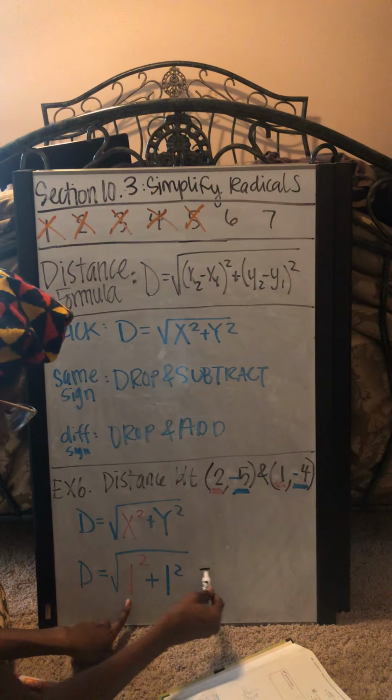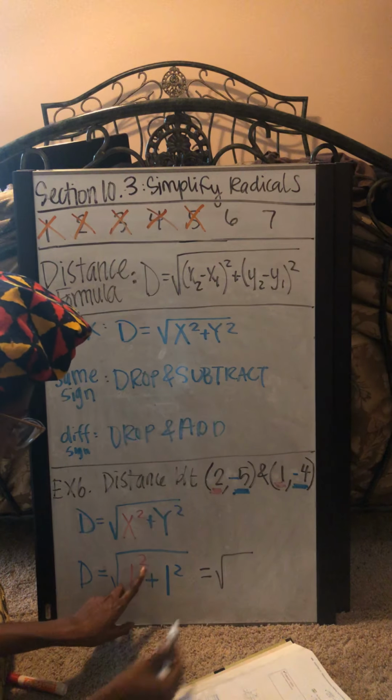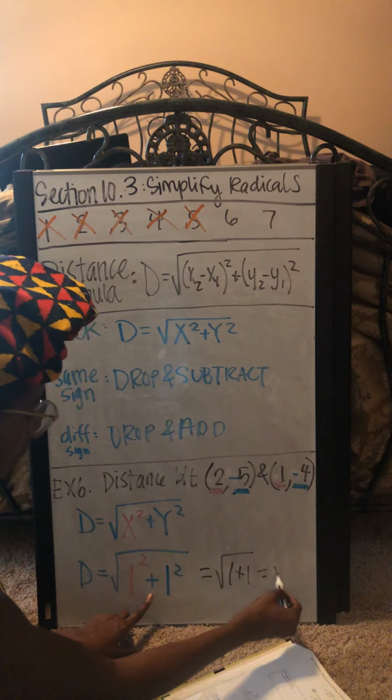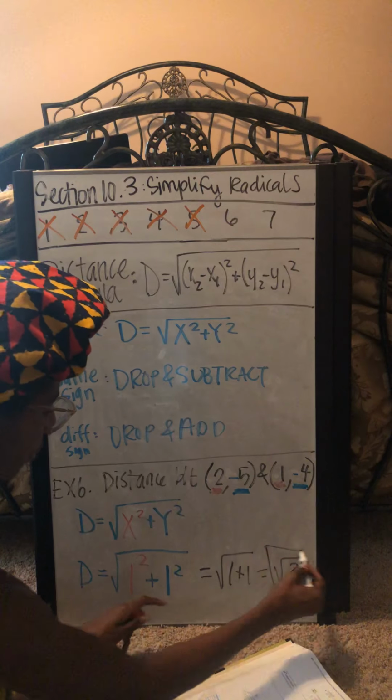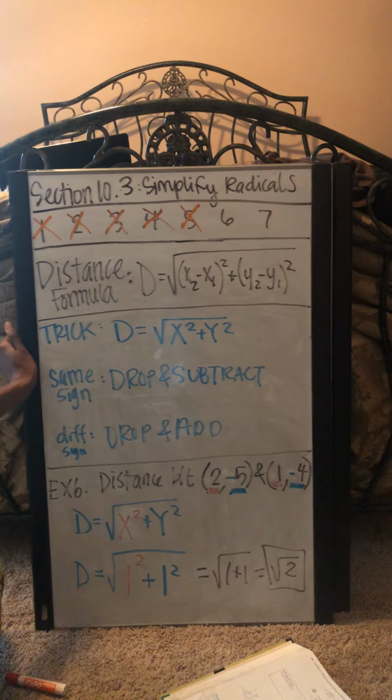Alright, and now we bring this together. 1 squared is 1, so 1 plus 1. So our final answer would be the square root of 2. Okay,